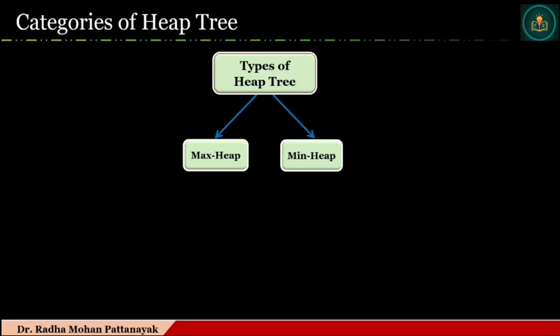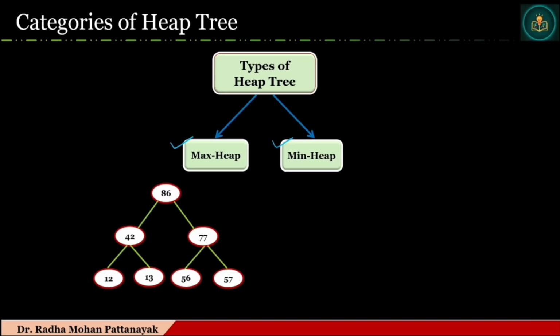Now we will discuss the categories of heap tree. Normally the heap trees are divided into two different categories. One is called Max-Heap tree, the second is called Min-Heap tree. What is a Max-Heap tree? If inside the heap tree, the value of a parent node is greater than all its descendant nodes, then that type of heap tree is called a Max-Heap tree. In this example, the value of 86 is greater than 42 as well as 77, and the value of 86 is greater than all its